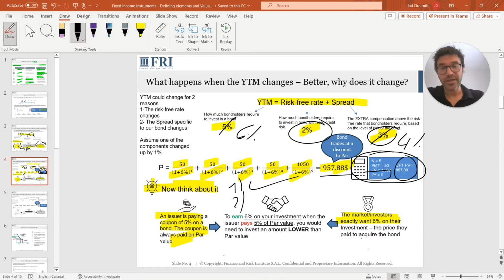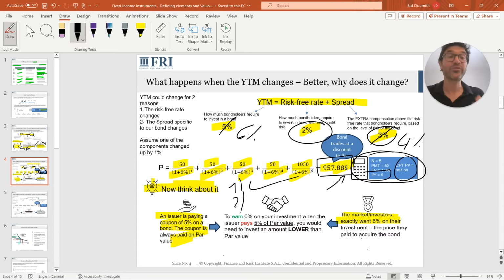So first, guys, remember that the company is paying 5% on $1,000, which means $50. But you, the new investor, did not invest $1,000. You invested 957.88, but you're still earning a coupon of 5% on par on the 1,000. So 5% of 1,000 is higher by definition than 5% on 957. If you divide the $50 by 957, you're actually earning more than 5%. So this is the first source of extra return that explains how you're actually earning 6 while the company is